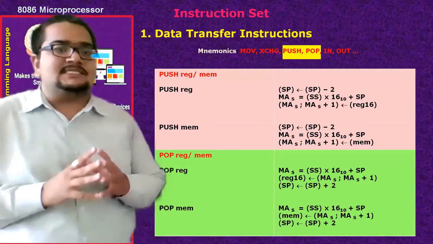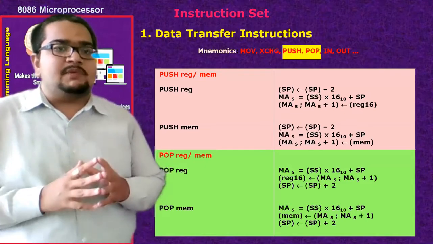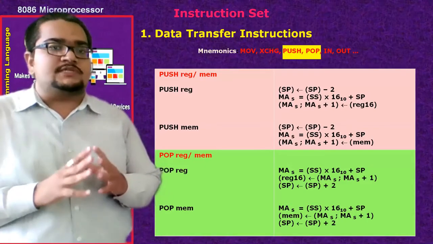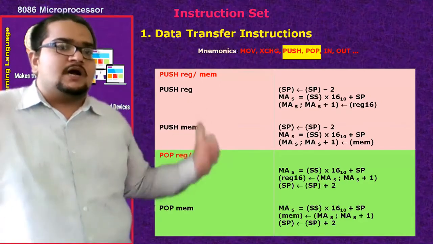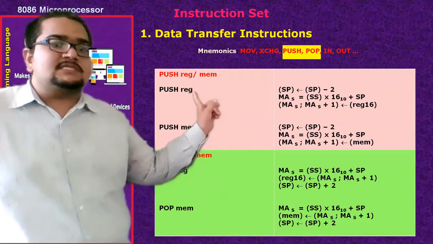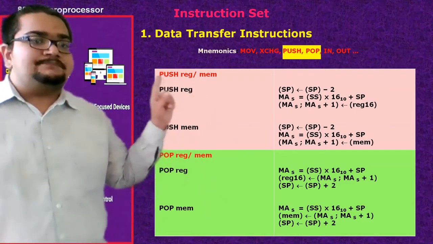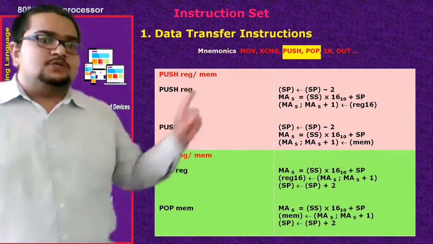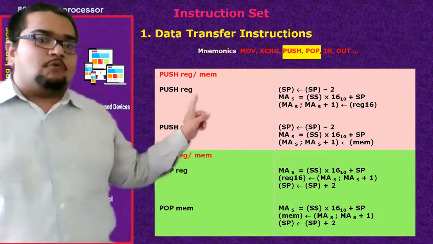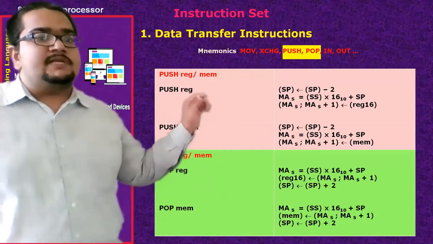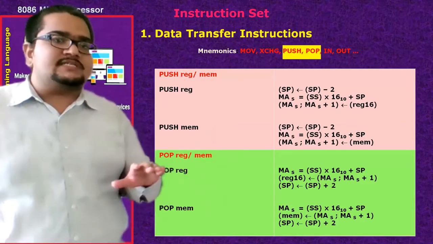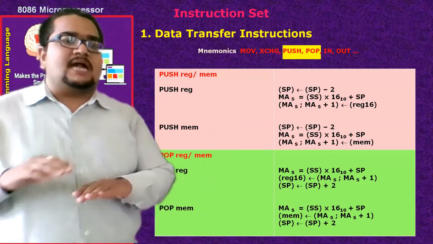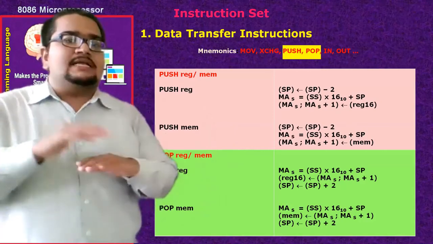Here, for accessing data from the stack memory, we are not going to use the move instruction. We are using two instructions: one is push, another is pop. Pushing means saving something onto the stack memory. So when I write push REG, what is there in REG will be saved onto the stack memory. And you have to understand that stack memory is a type of memory where data is placed one over another in a stacked manner.